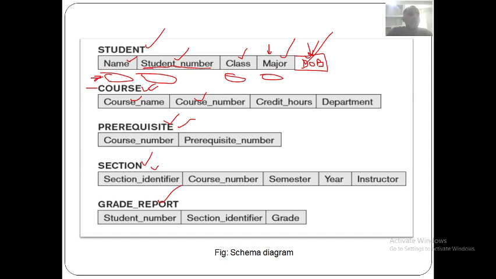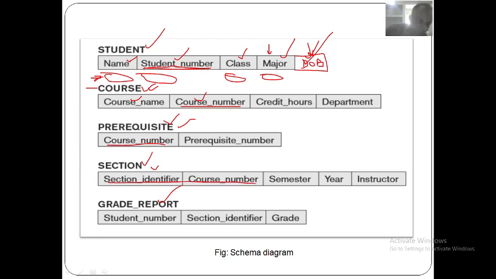Here it is a primary key. Course number is a primary key here. Prerequisite number or course number is a primary key. Course number and section number, these two are the primary key for this.